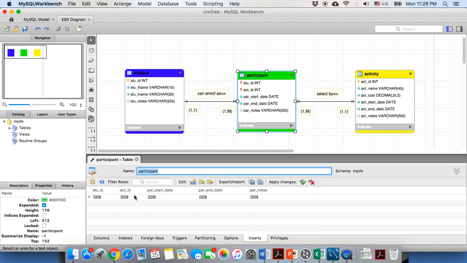Which means you can have like 1, 1 and 1, 2. That's okay. As long as this combination is unique, it's okay. So let's say the first one, start date is